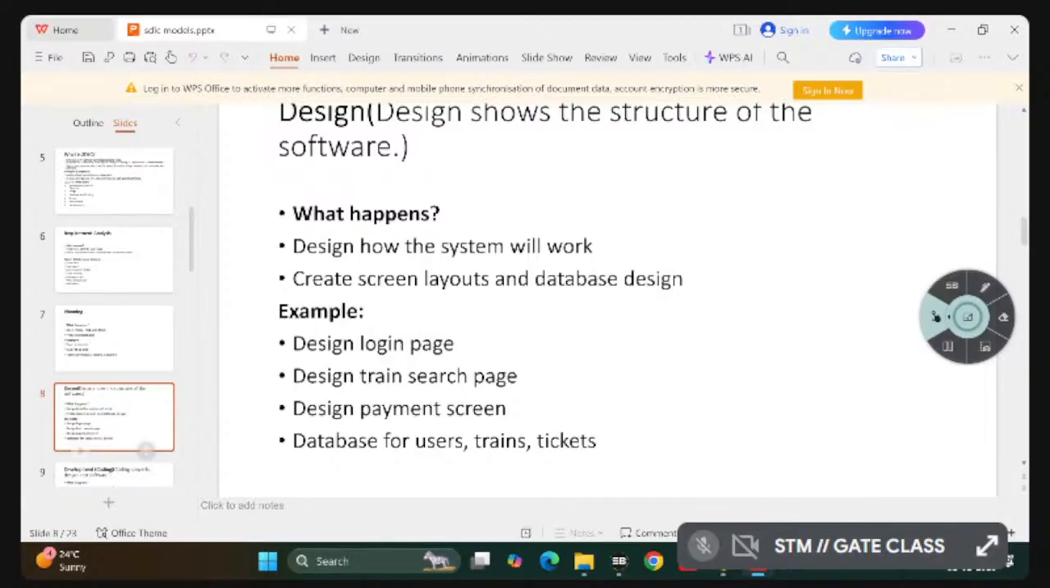Why? Whenever a user enters their credentials, the credentials are either correct or wrong. So for checking purposes, reference storage will be required. That reference storage is nothing but a database. Is it clear? Next example. In the design, what is the first part? Just now we already discussed. The designer will be designing the page,